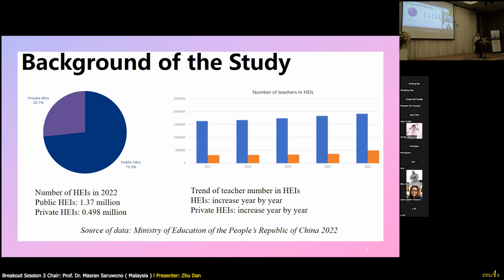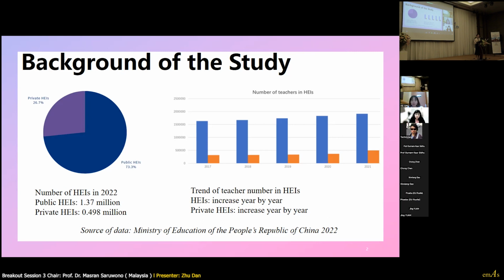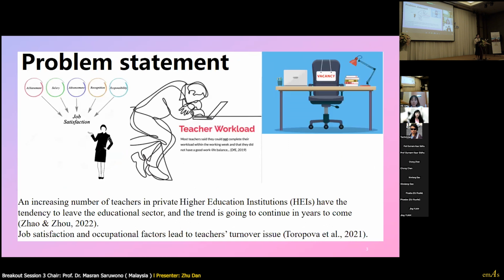Let's come to the number of teachers in the private higher education institutions in China. As we can see from the statistics from the previous years, the number of teachers in the private HEIs is increasing steadily year by year. Hence, if we want to understand the higher education of China, we need to know the private higher education. So, what's the problem with China's private higher education?